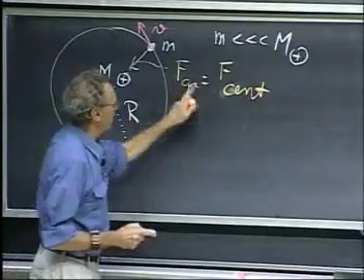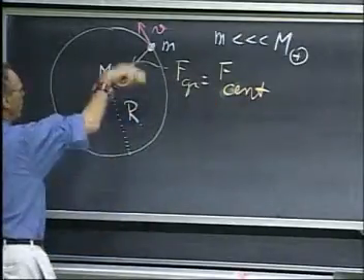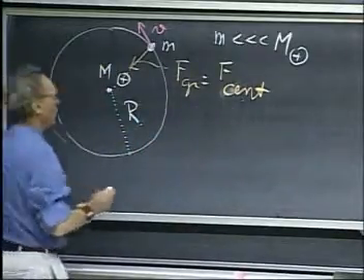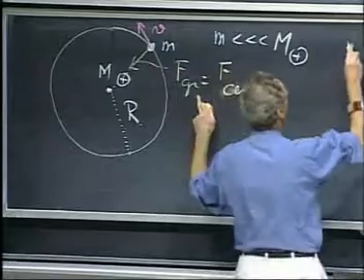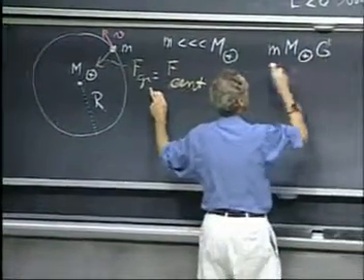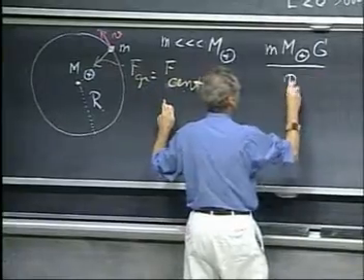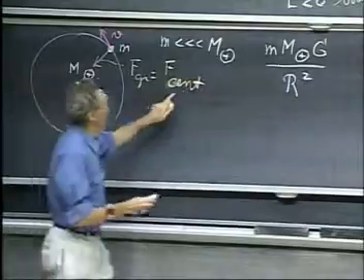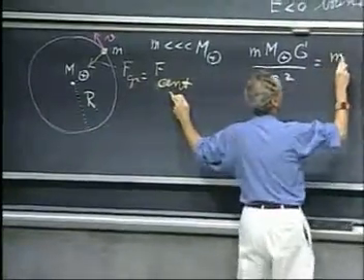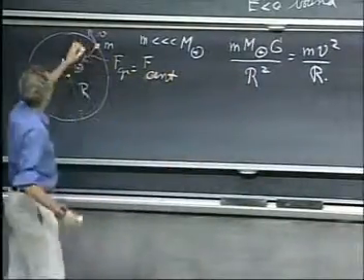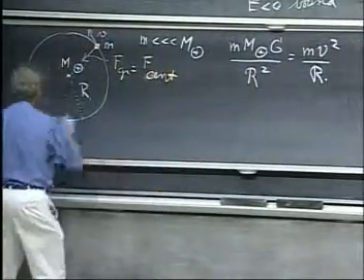And so the gravitational force, which is necessary to make it go around, I could also say the centripetal force, is necessary to make it go around in a circle. That gravitational force equals G m Earth m divided by r squared. This is now the distance from the Earth to the satellite, and that must be equal to m v squared divided by r. And that is that tangential speed that you see here,